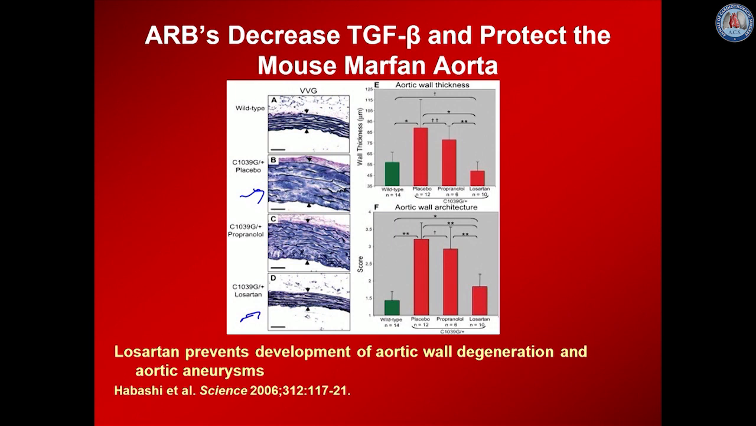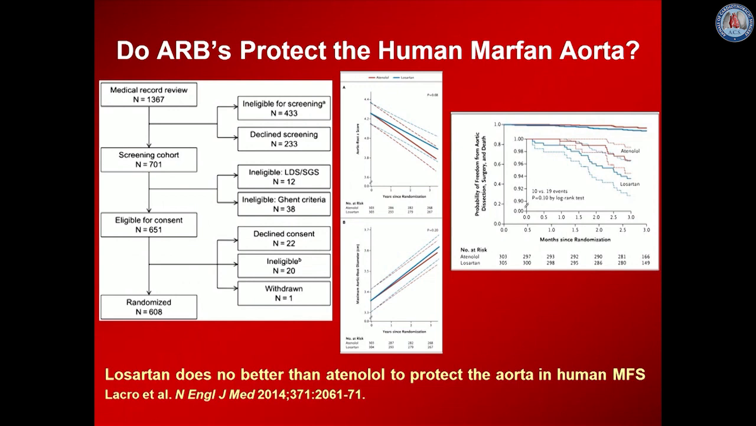Now, angiotensin receptor blockers are known to interfere with TGF-beta signaling. This led to a new perspective on the pathogenesis of Marfan syndrome, and the hope that understanding this would provide a new model for medical treatment. To this end, a large multi-center trial was funded by the National Heart, Lung, and Blood Institute